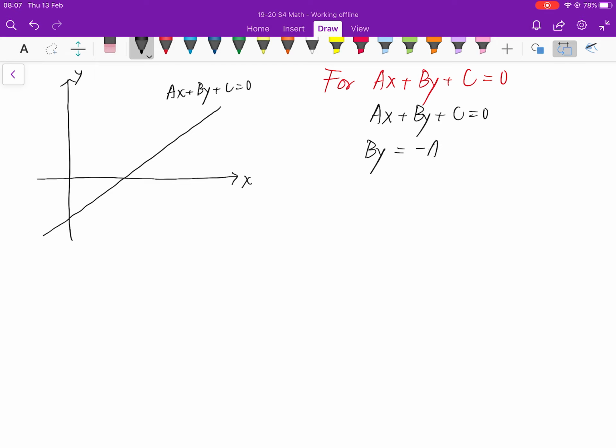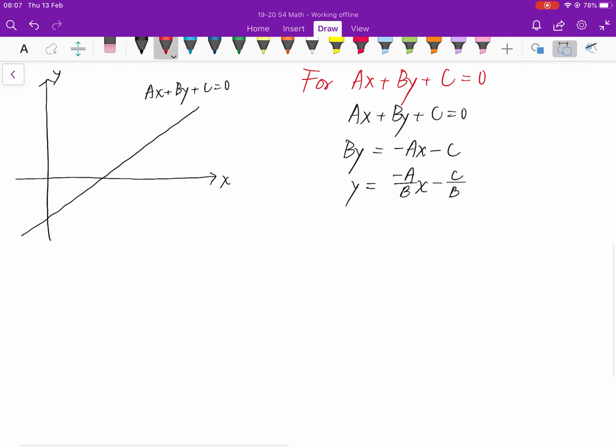It becomes By equals negative Ax minus C. Then we remove the b in front of y by division, so it becomes y equals negative a over b x minus c over b. As a result, when we compare this equation with y equals mx plus c, we can get that